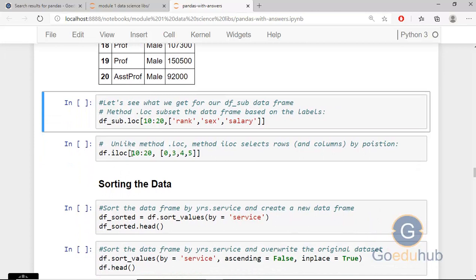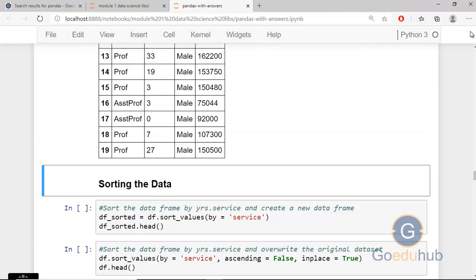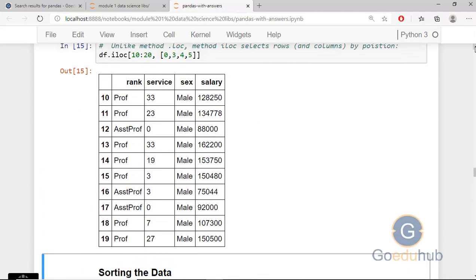So df.iloc[10:20, ...] for rows from 10th to 19th, comma, and then inside the square brackets we write the index of the columns. So we can access columns by index, or you can call it by position. I can run this block and you can see the output here. We are getting the same output. We are getting 4 columns.